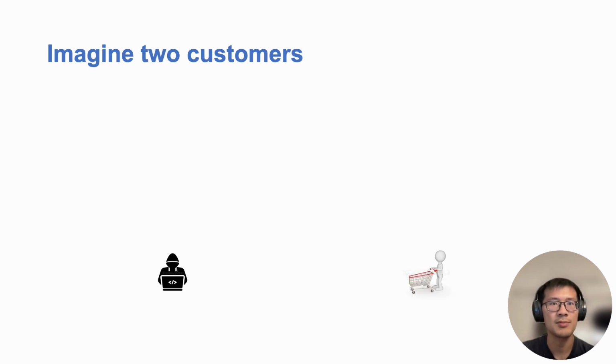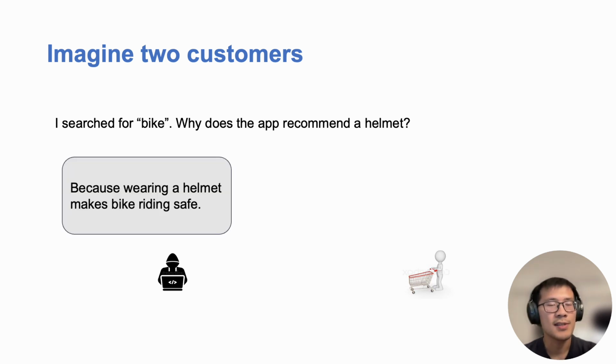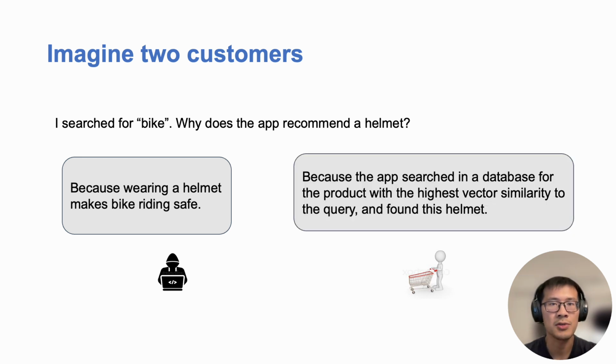Imagine that we have two customers. On the left-hand side shows a detail-oriented customer. On the right-hand side shows a busy customer who is not going to spend 1 second on any explanation at all. Now we want to explain the complementary product match to each of these two customers. On the left-hand side shows a short explanation that is high level. On the right-hand side shows a detailed mechanistic explanation.